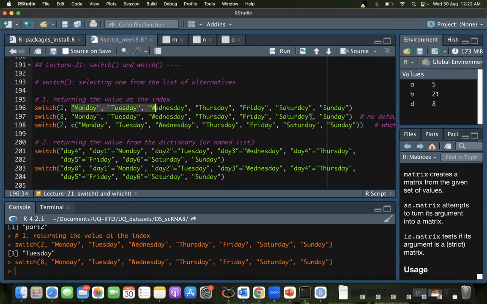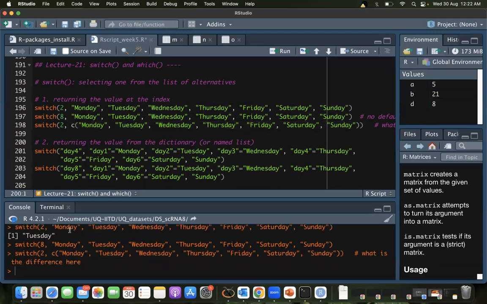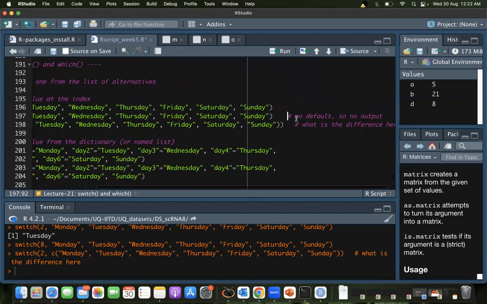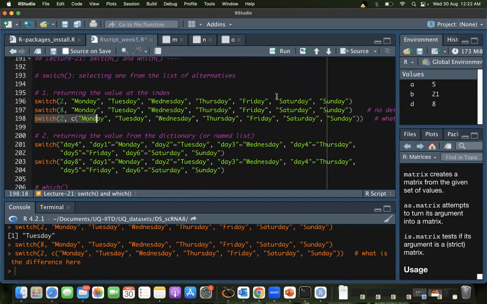Now, if I'm doing this, instead of giving it multiple elements, I am giving it a single list. You remember this is the same thing we discussed in the case of mean. You're giving it a list or giving it multiple arguments like that. If I run this here, this also did not give me an output. 8 gives us no result because there is no default set in this list. I'll tell you why there's no default here. So can you tell me what is happening here?